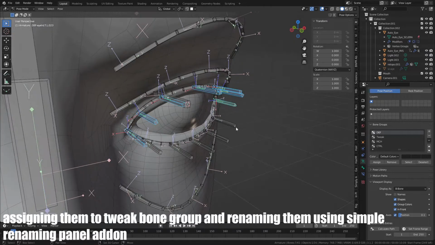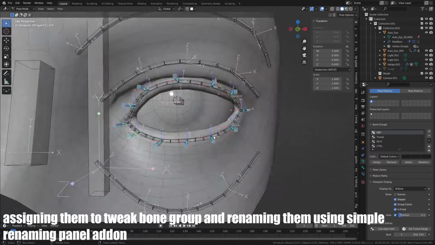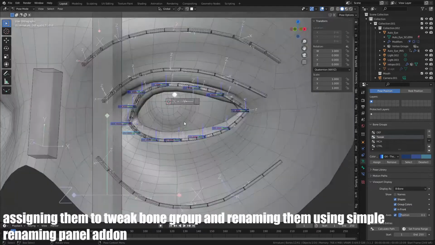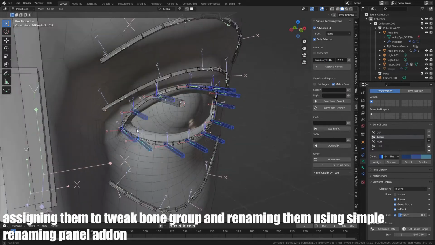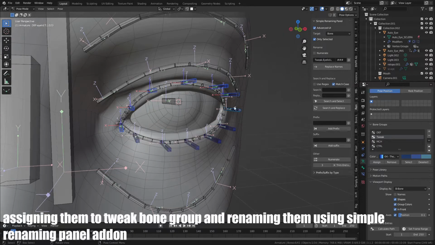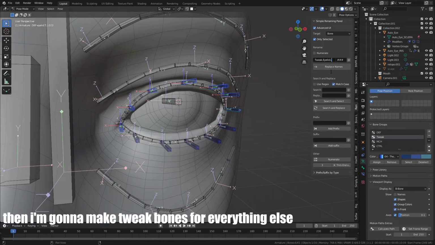Assigning them to the tweak bone group and renaming them using the simple renaming panel add-on. Then I'm gonna make tweak bones for everything else.